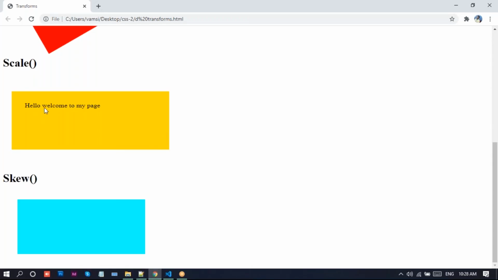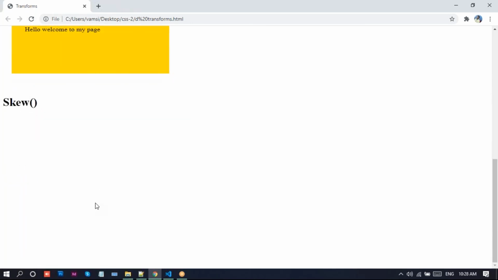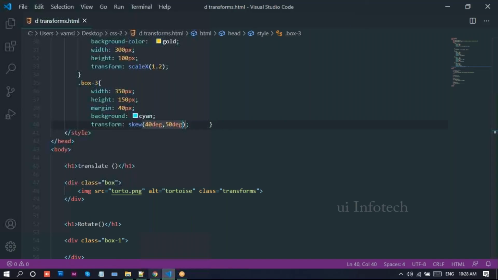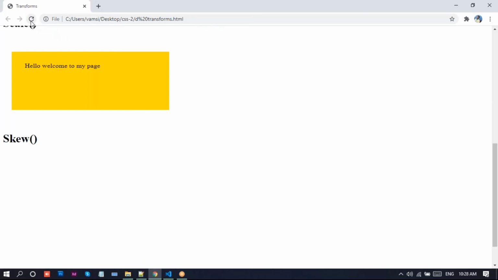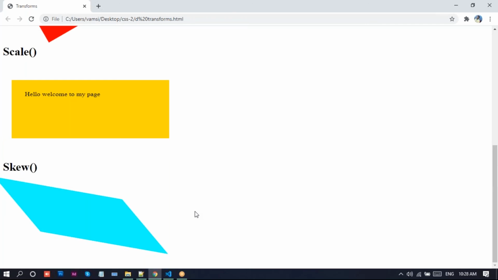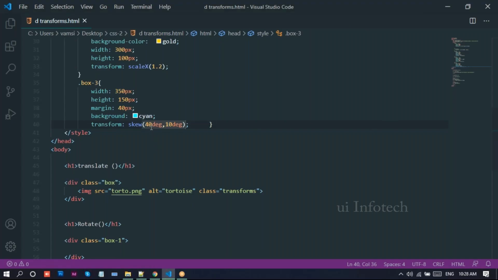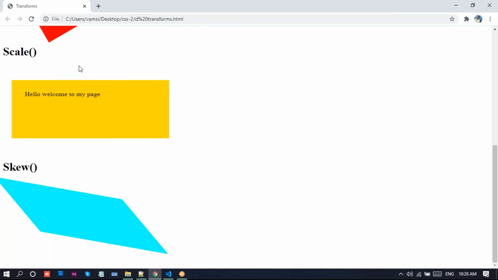I'll refresh here. What will happen? Just reload this page. Look at the skew we have. We can skew this element like this. And if you don't want this much of degrees, just apply 10 degrees, 10 degrees. Now reload this page. Look at this skew effect. So we can skew the elements like this.